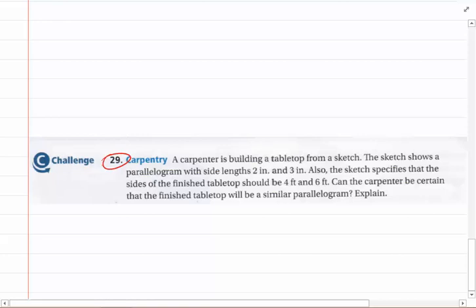And the last one I want to look at here, this is 29. A carpenter is building a tabletop from a sketch. The sketch shows a parallelogram with side lengths 4 inches and 3 inches. Also, the sketch specifies that the size of the finished tabletop should be 4 feet by 6 feet. On the drawing it says 2 by 3. Can the carpenter be certain, okay, the key words here are be certain, that the finished tabletop will be a similar parallelogram? And I would have to say it's no, because we have no information